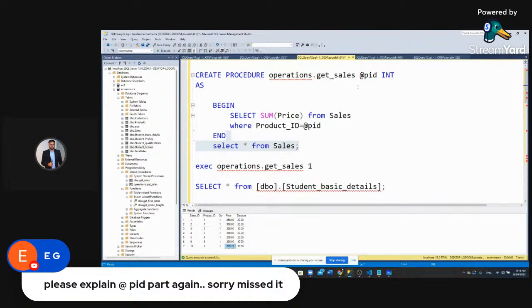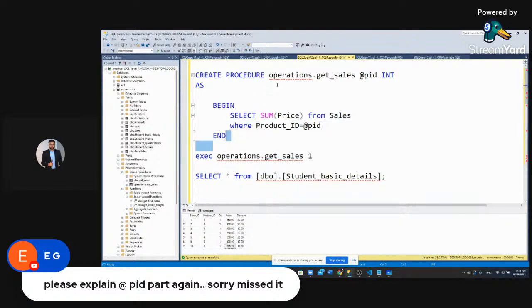So to do that, I am going to pass here at the rate PID. So here I will have one. This one will go in the where clause of your select query. So select sum price from sales where product ID equals to 1. So now this procedure, if I create it again,